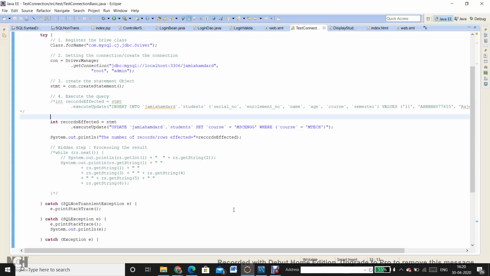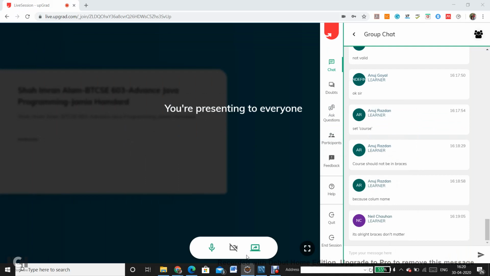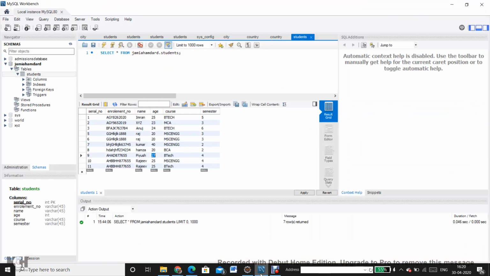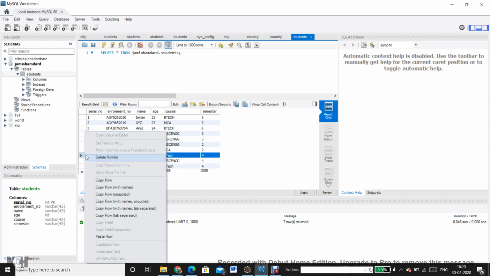Okay, now we have done with update. Now let's try with the delete option. So the same way I am going to get the shortcut. For example, I want to delete this row number 9. So I will see if I have got a delete option over here or not. Let me see. Edit. Let me say right click, delete row. Okay, I have got here delete rows.